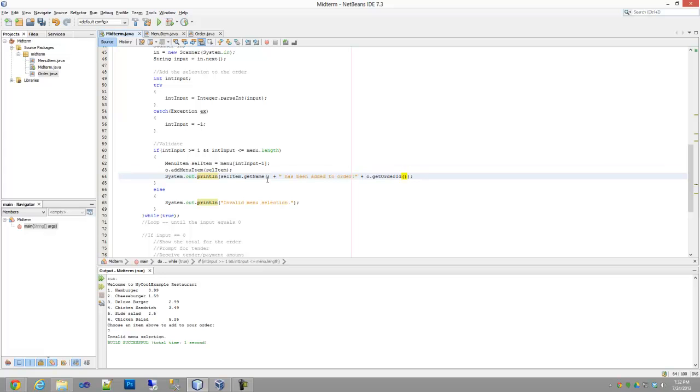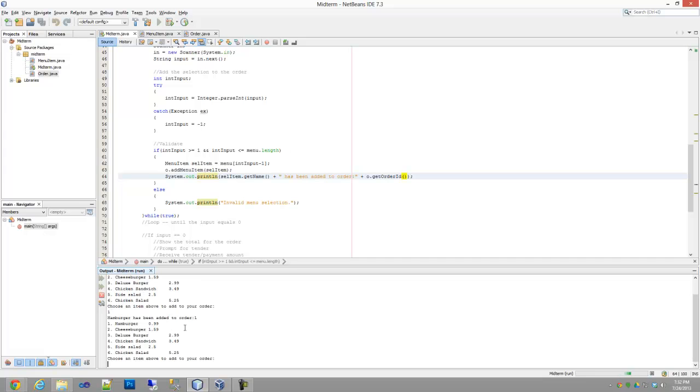Okay, perfect. So if we F6 and we choose that we want to add a hamburger, we'll get a response saying that hamburger has been added to order, and then it'll list the menu again. We can then choose 2. And now a cheeseburger has been added, and the loop continues. And then if I put in a 0, it'll say invalid menu selection, but the loop still continues. So at this point I'm going to hit the stop button, stop debugging,